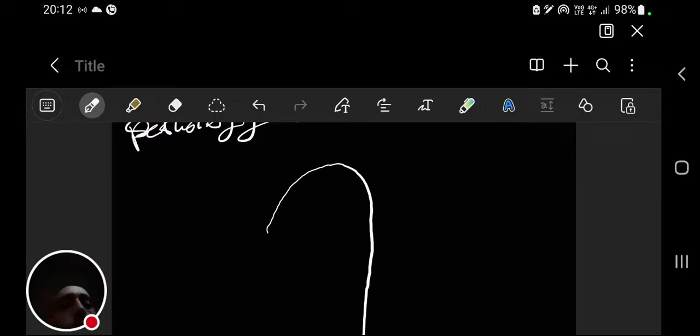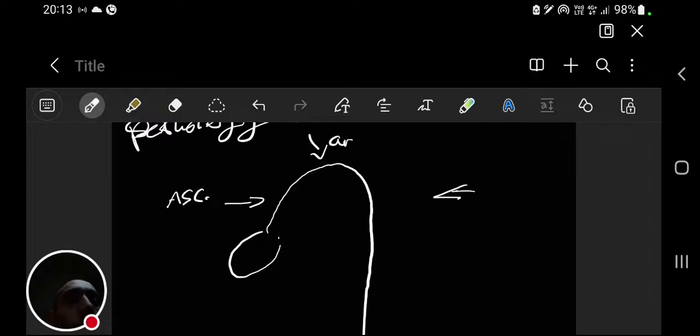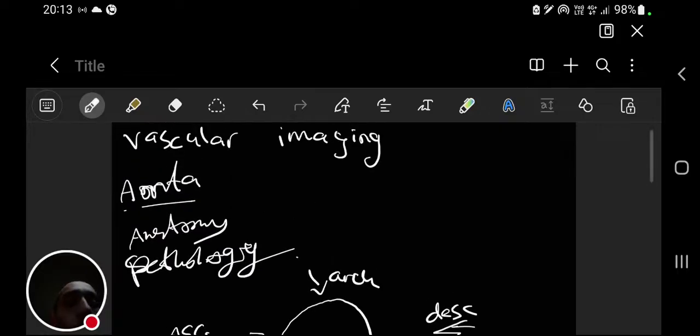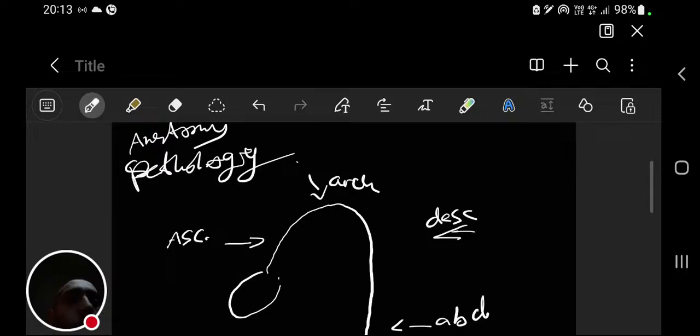I will talk mainly now about the superior part, where the ascending aorta comes from the heart, left atrium, then the ascending aorta, arch of aorta, descending aorta, and abdominal aorta. Those are the parts. Now, when we are talking about the arch of the aorta, we have the normal branches